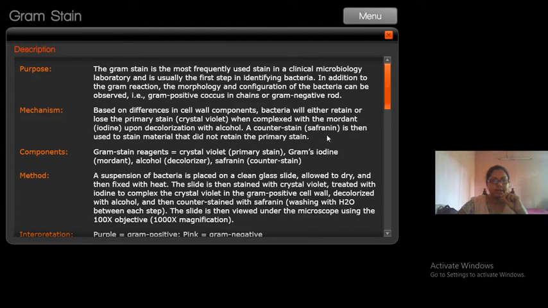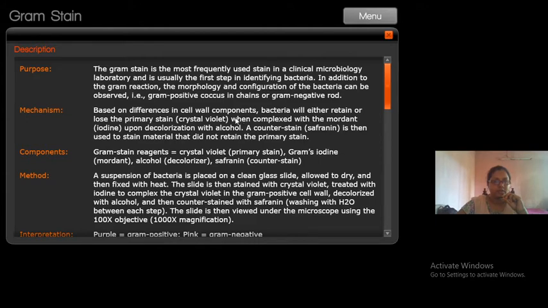On the other hand, gram negative organisms have a thinner peptidoglycan layer. So when the decolorizer acts on a gram negative organism, the thin peptidoglycan layer has a lesser amount of crystal violet, and it can be easily removed by the decolorizer.